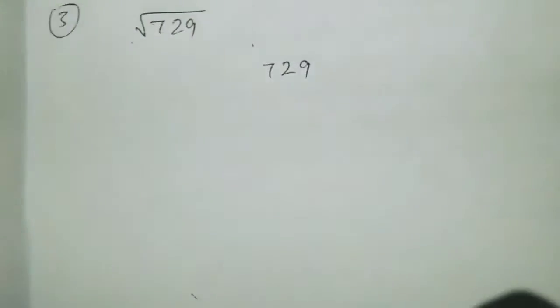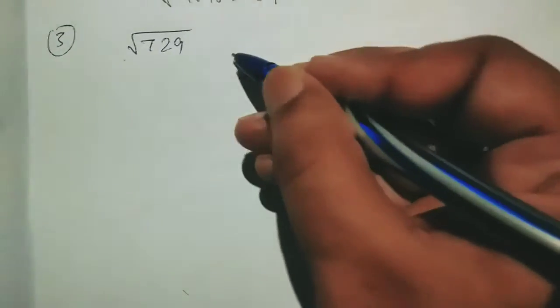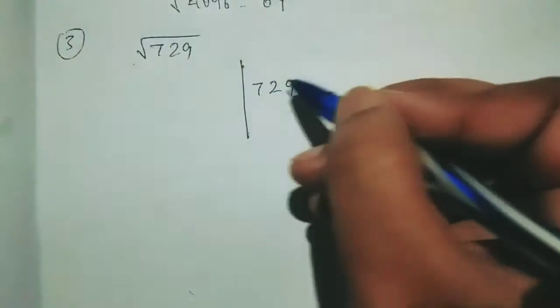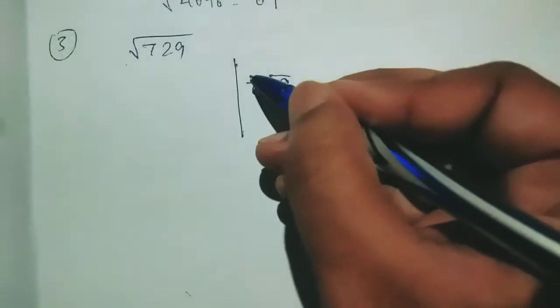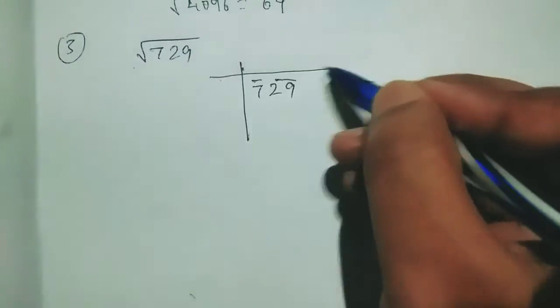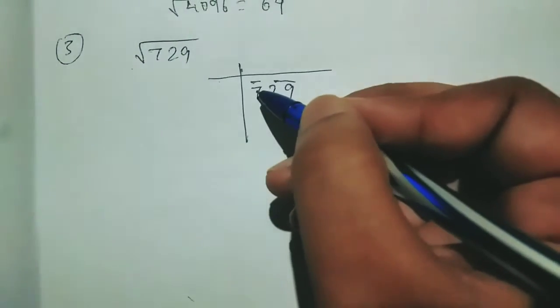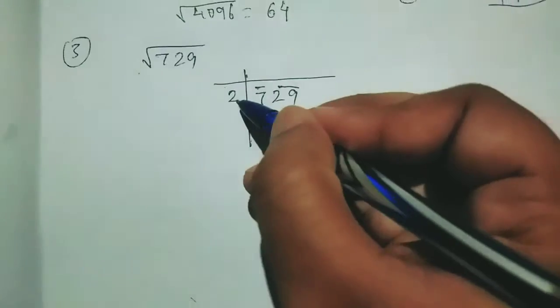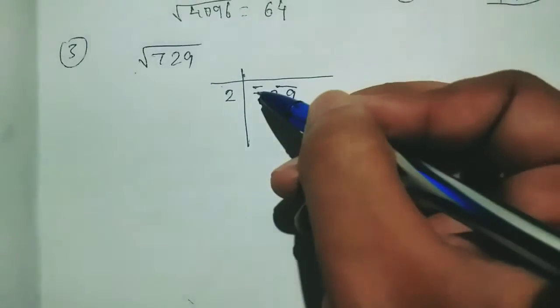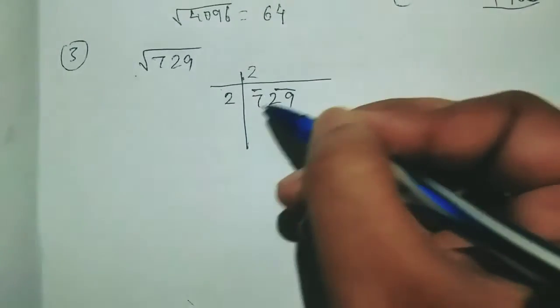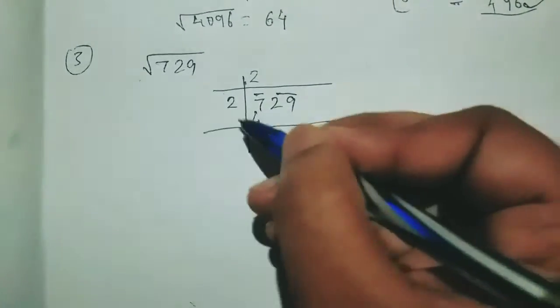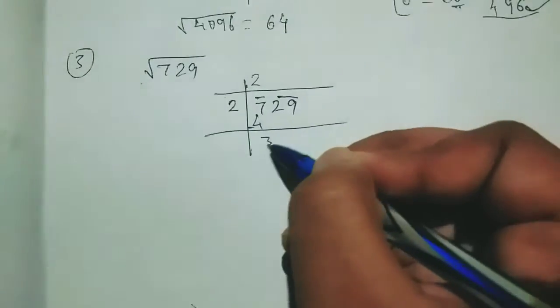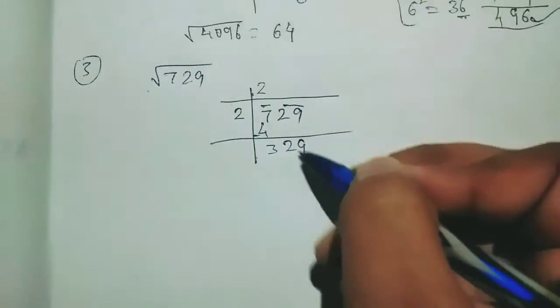Now understood? Okay, now I am showing one more example for more clarity. You have to make the pairing from here, and this is a single digit, so you make the line. So 7: which square is less than 7? 2 2s are 4, right? So it is 2. 3 3s are 9, which is greater than 7, so it is not possible. So 2 2s are 4 here. Like this, 7 minus 4 is 3. Now this 29 will come down.